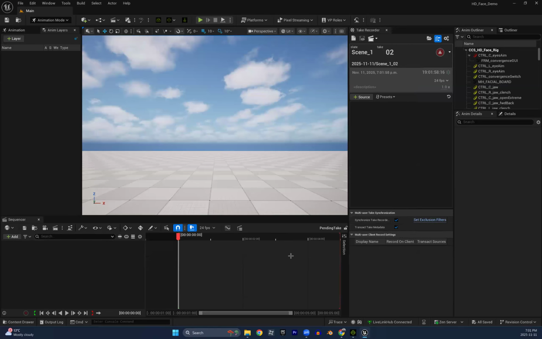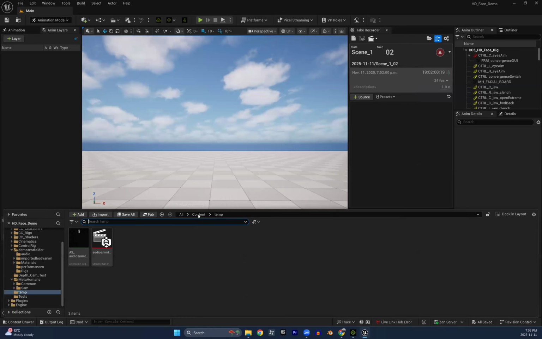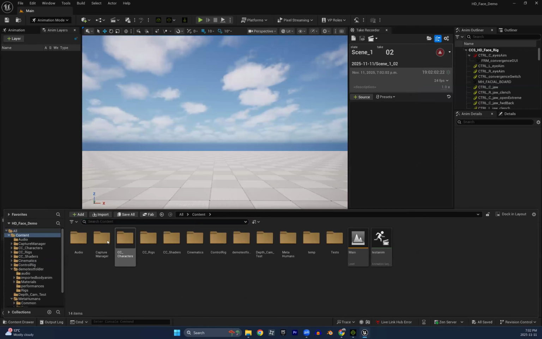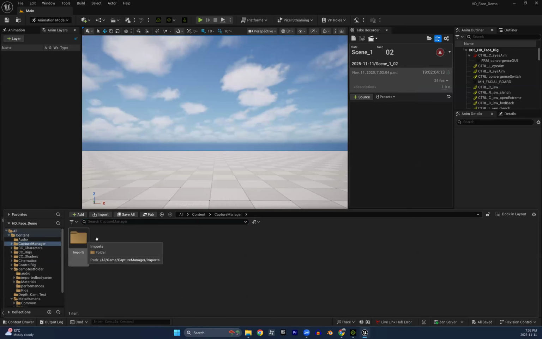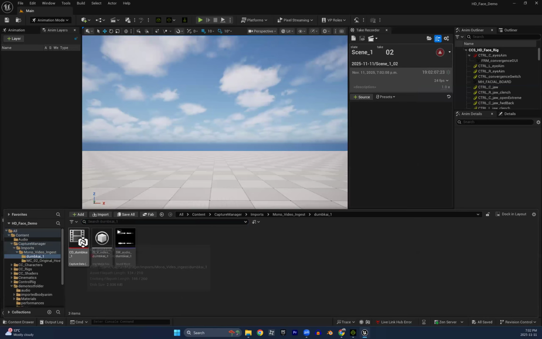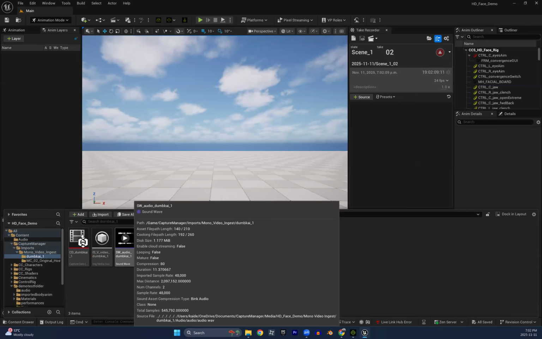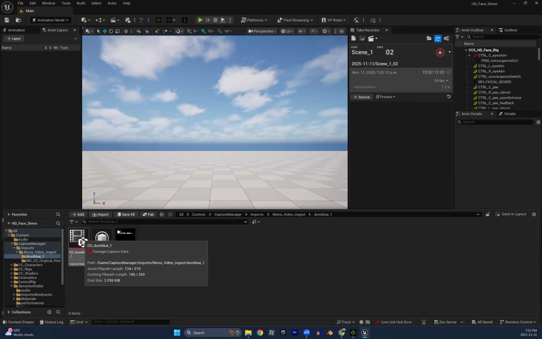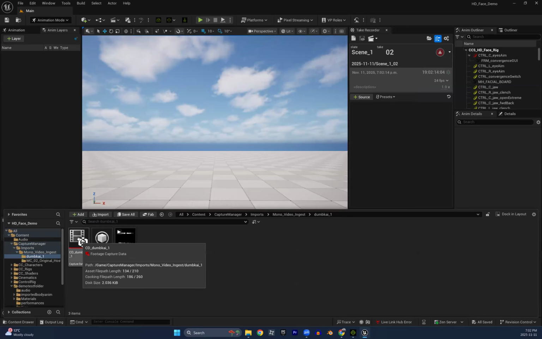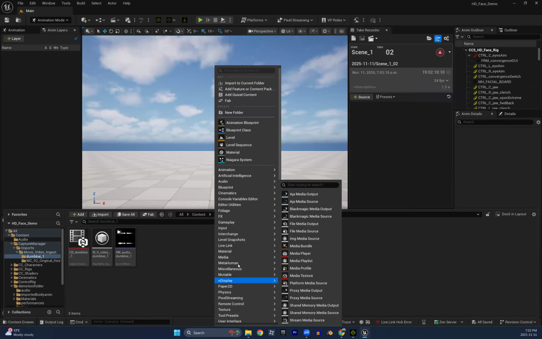Okay, we'll just close it for now and go to our Capture Manager. I just don't want to waste any more time here. So here's the Mono Video Ingest. This is the Dumb Kai one I mentioned earlier, and you can see here's our capture data. Okay, so we need to use this capture data to create our MetaHuman animation. So if we right-click and go to MetaHuman,